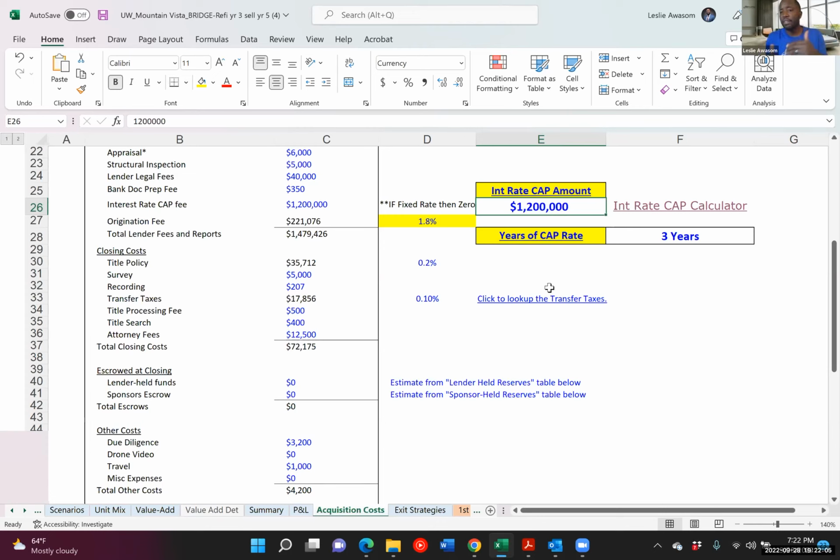We're not going to take any risk in saying that maybe the rates are going to keep dropping, because the Fed have stopped. So we are going to lock the rate out over the first 3 years, that period of time which gives us the opportunity to complete our value add over the first 24 months. And then we either start looking to exit or refinance by year 3,